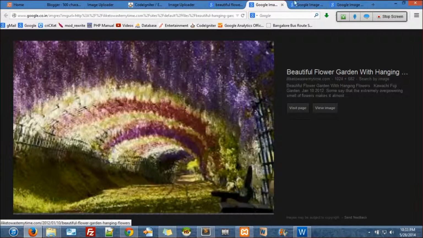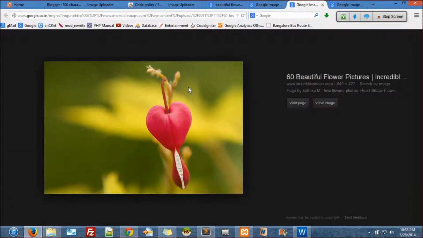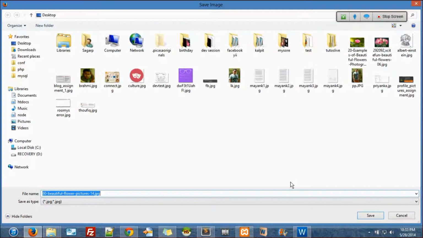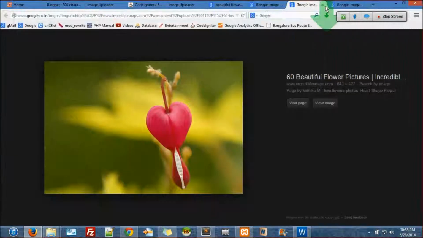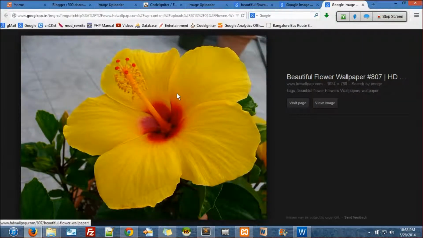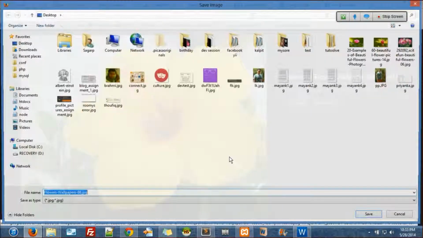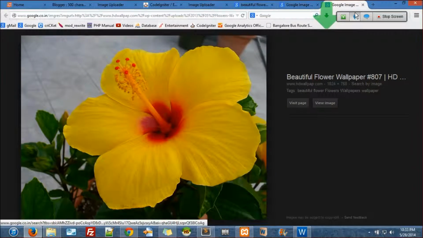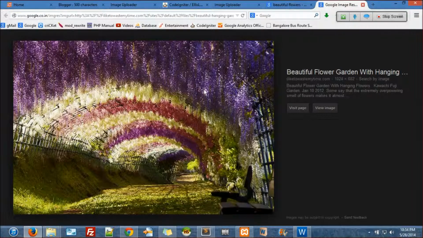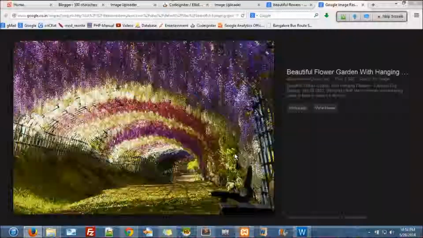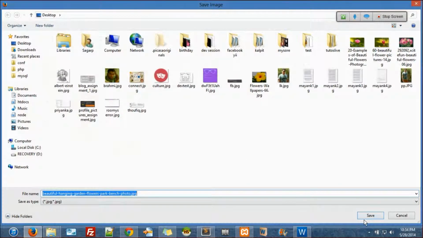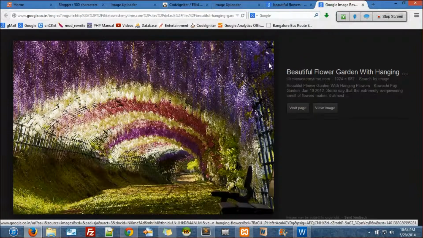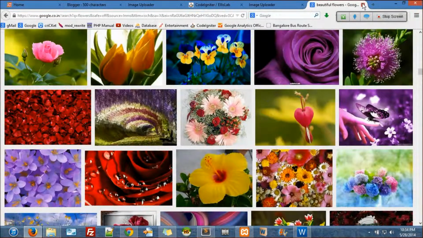That's not clear, but this is crystal clear, I'll save this too. Oh, this is super clear, I'll save. And this is also nice. So here it is, we have flowers there.